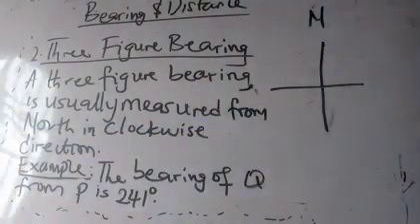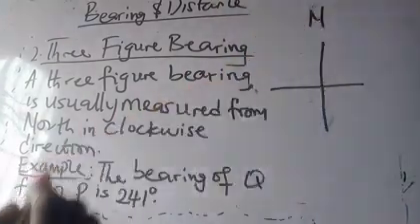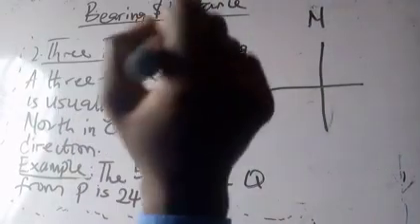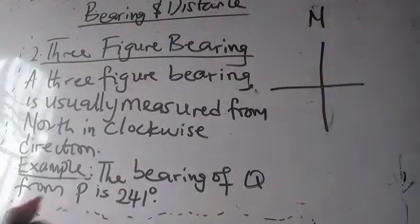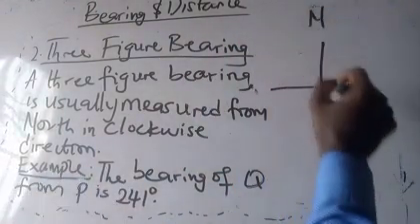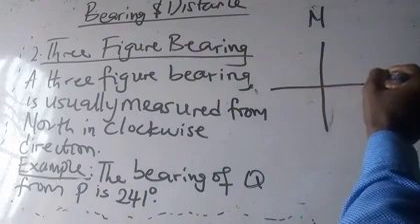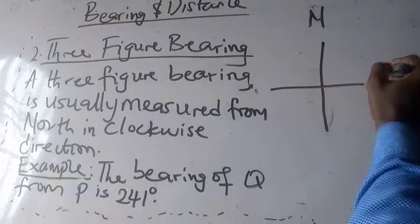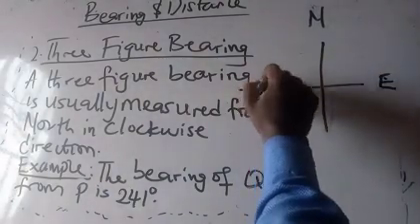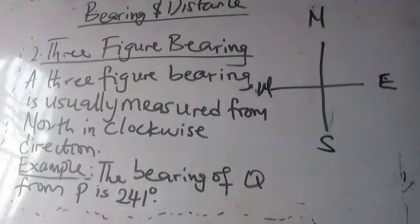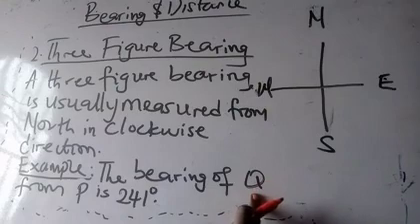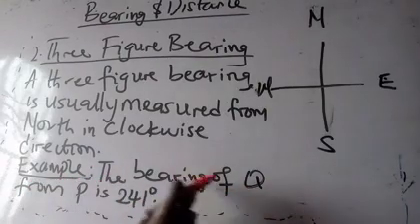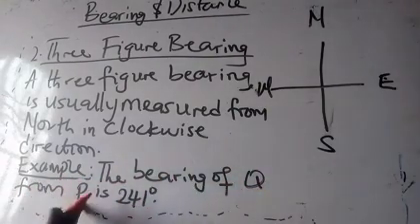Say after me: the reading starts from the North Pole, and it moves clockwise. So this is the east, west, and the south. So the bearing of Q from P is